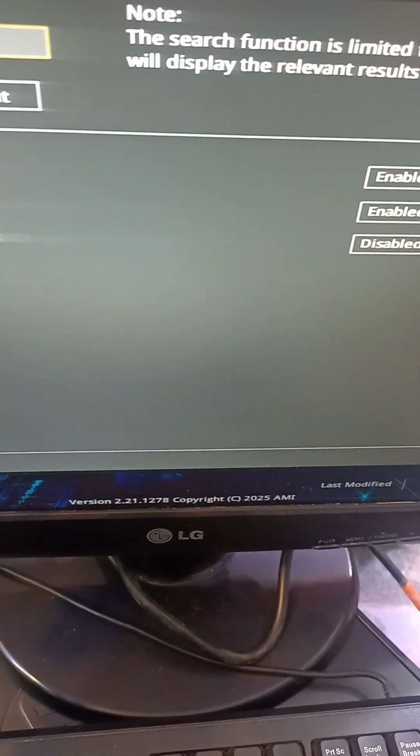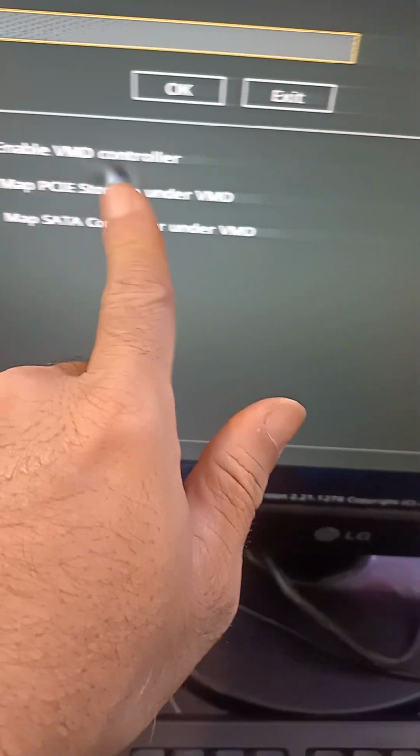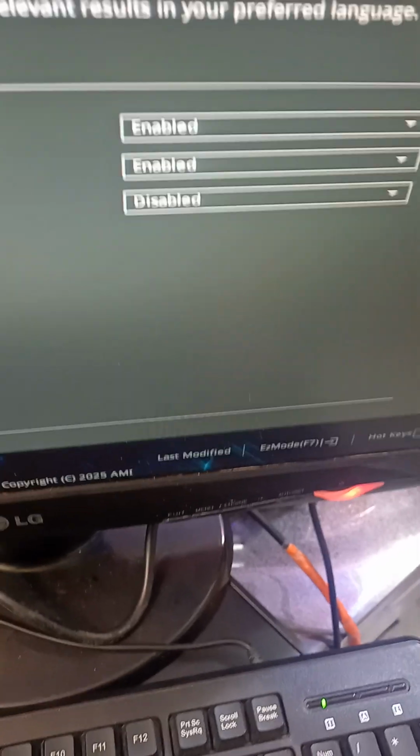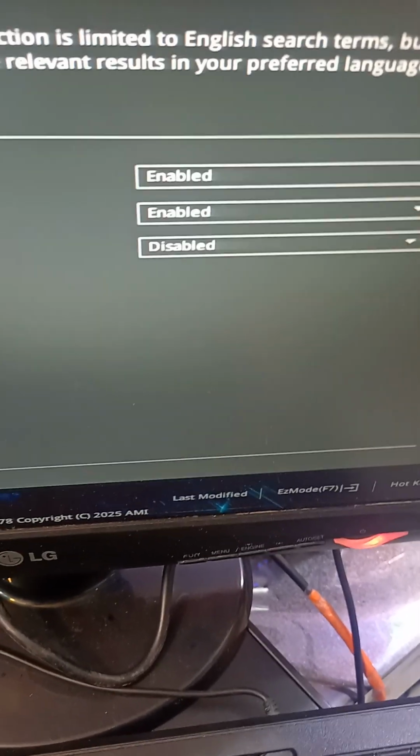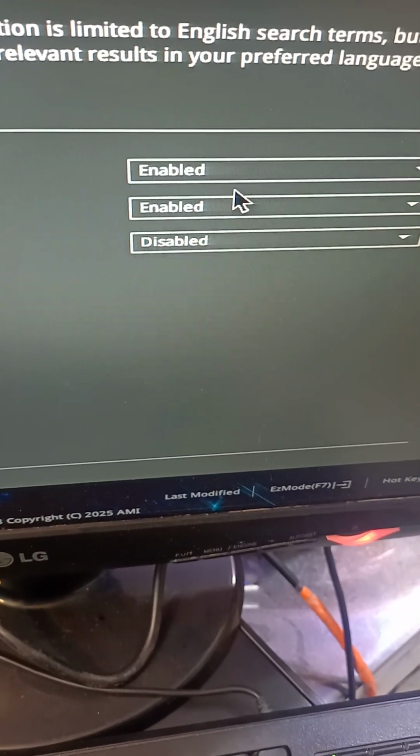So you have three items. Just this item, enable VMD controller, is the target, so change it from enabled to disabled,